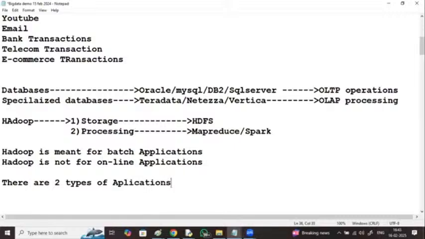So batch applications involve millions and trillions of records. For a single online transaction, Hadoop is not required. Millions of records require Hadoop.